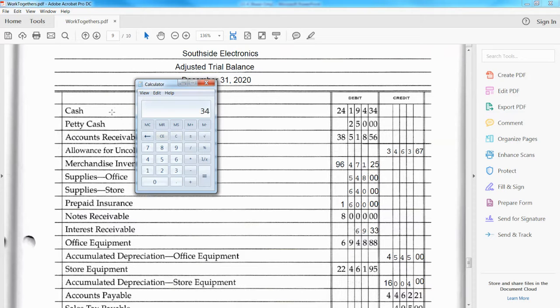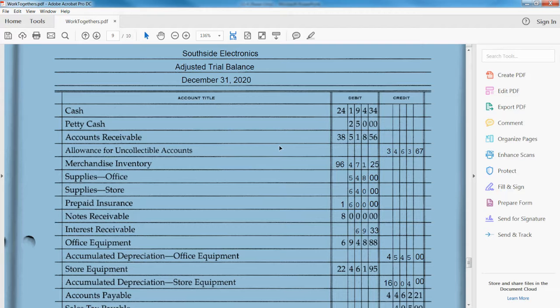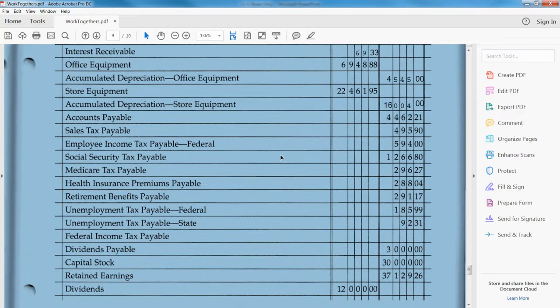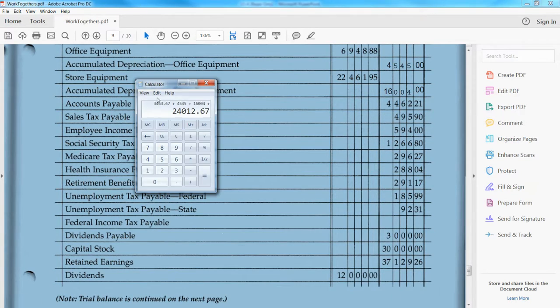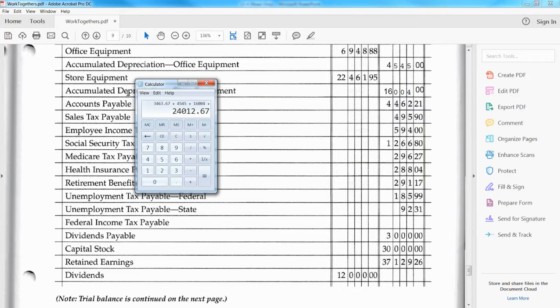So 3463.67 plus 4545 plus 16004 plus 4,462 and 21 cents plus 495.90 plus 594 plus 1266.80 plus 296.27